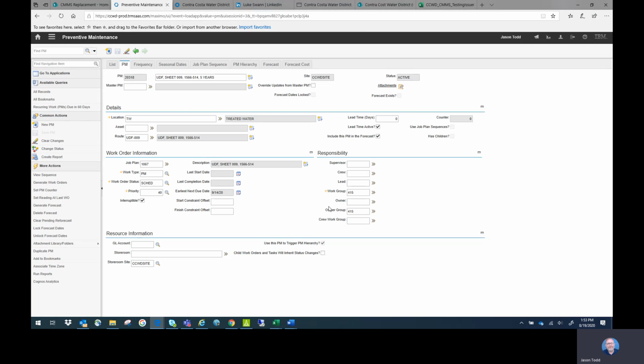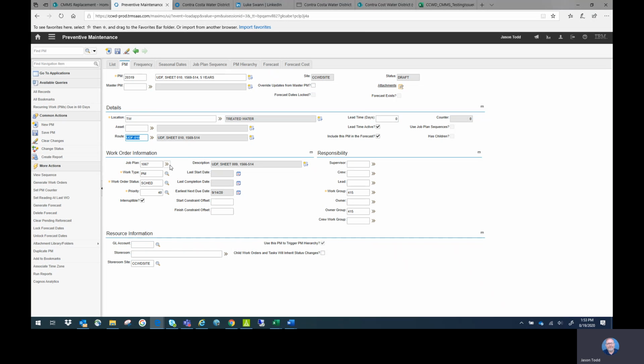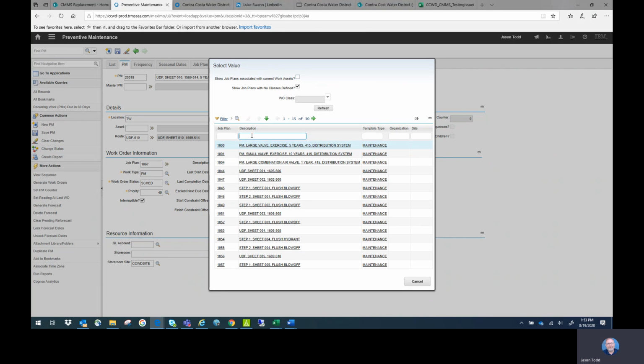This is one that already exists. This PM is active. It's running. So I'm going to go down here to duplicate PM. This is sheet 10. Going to change the cal grid page to 1569-514. I'm going to change the route. The route is, you can see it's UDF 9. I'm going to pick the UDF 10 that we just created. And the job plan, I'm going to select value and